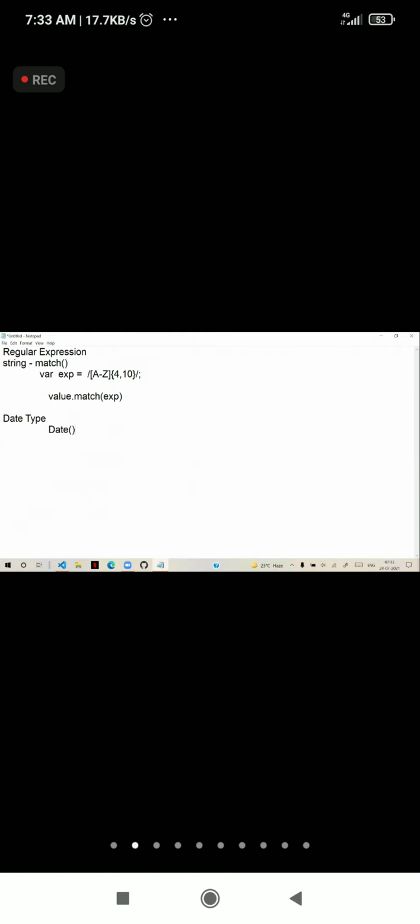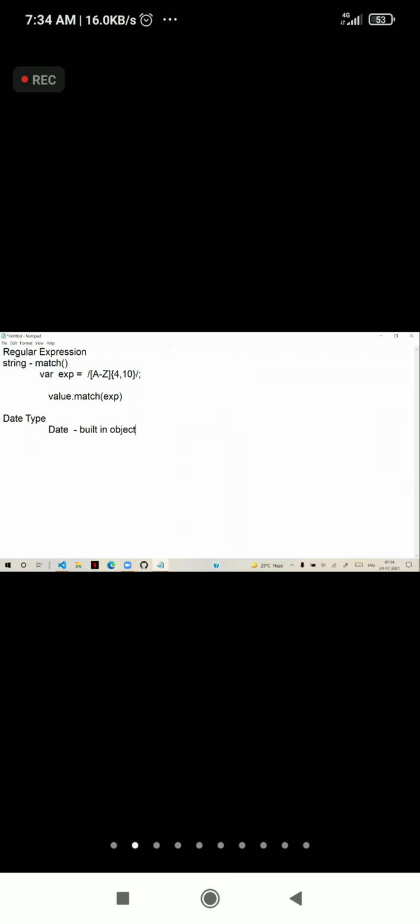Date is an object, and we call it a built-in object. Built-in means ready-made, designed and provided by JavaScript.